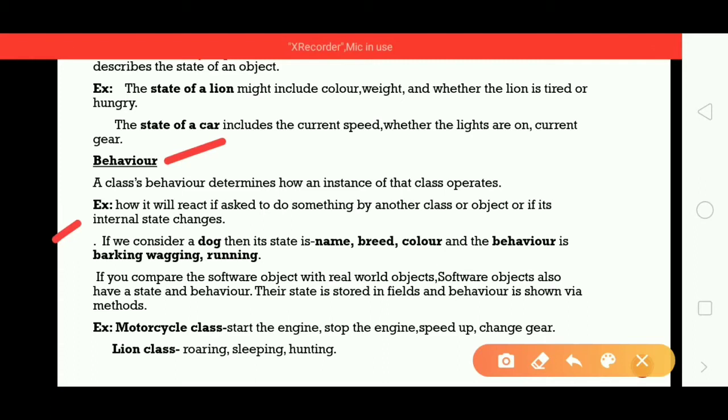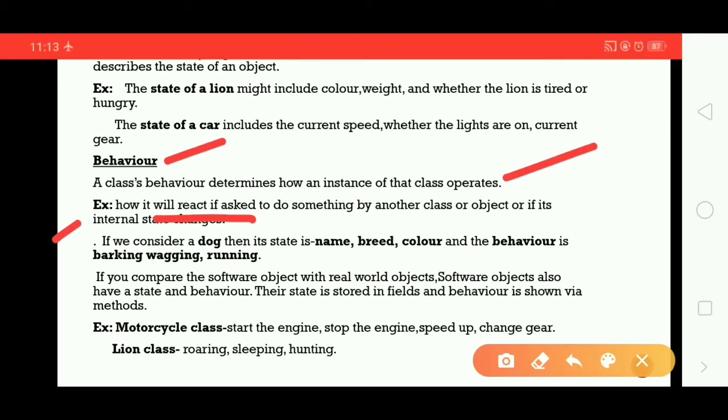If I call the method stop, then how your car object reacts, that is the behavior. That is what a class's behavior determines: how an instance of that class operates. For a car, if I call the method stop, then how that instance operates, that is the behavior.